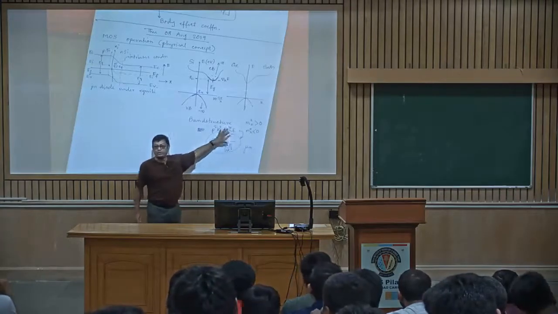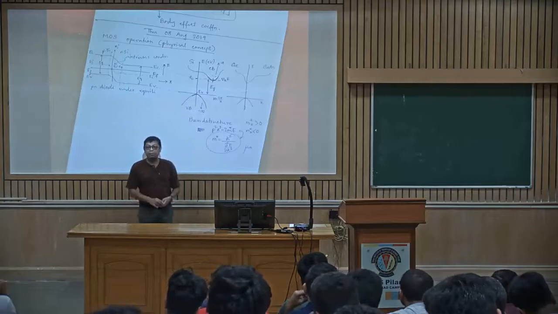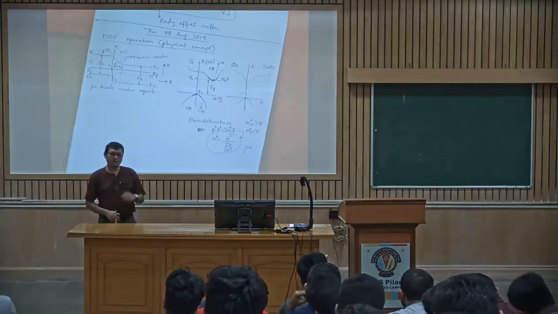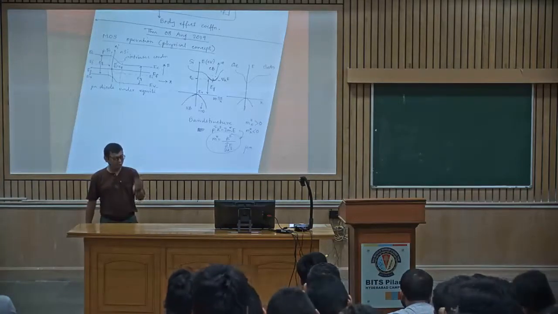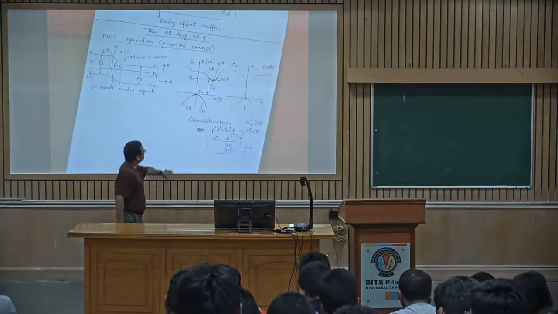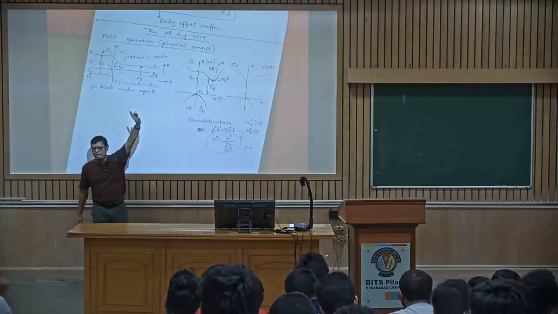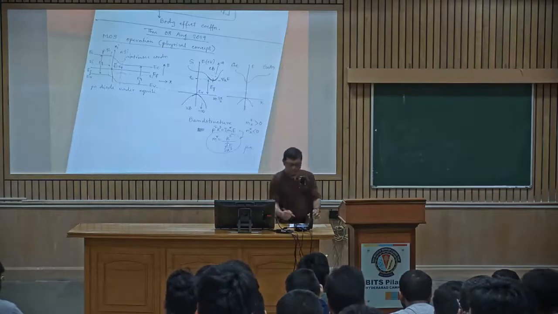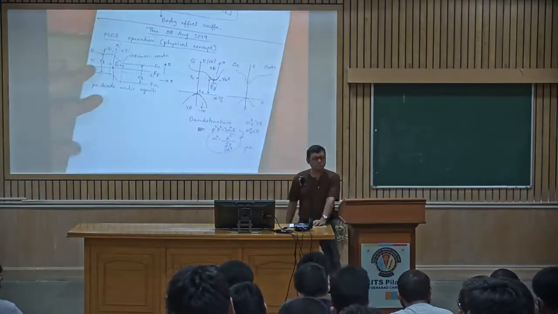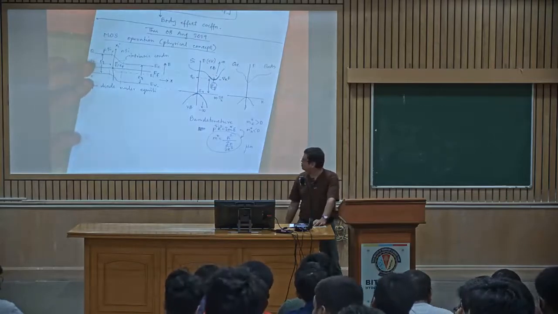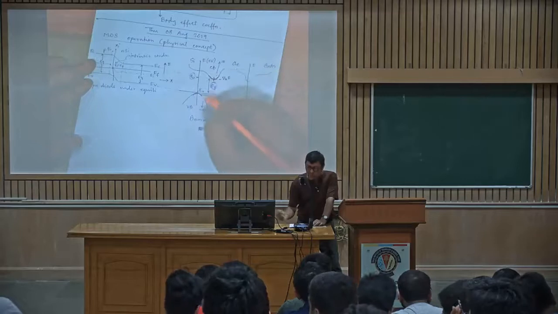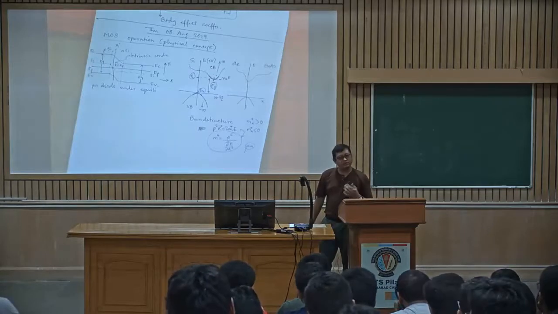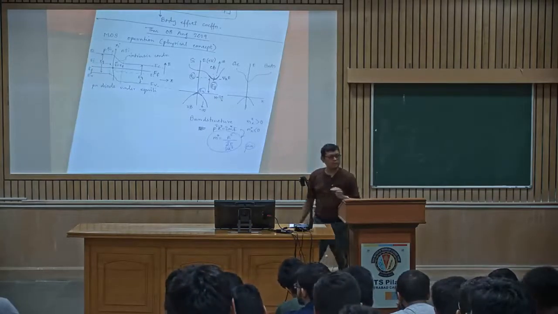I am not going into all that derivation. Just understand that band structure is material dependent. So you do not have a band structure for MOSFET. You have a band structure for metal, for oxide, and for silicon. What I have drawn here is only for silicon. But as device engineers and circuit engineers, you are only concerned about a couple of things: this EG, which we will be using many times, then this EC and EV, then mu n. The rest, let your friends in the physics department bother about.